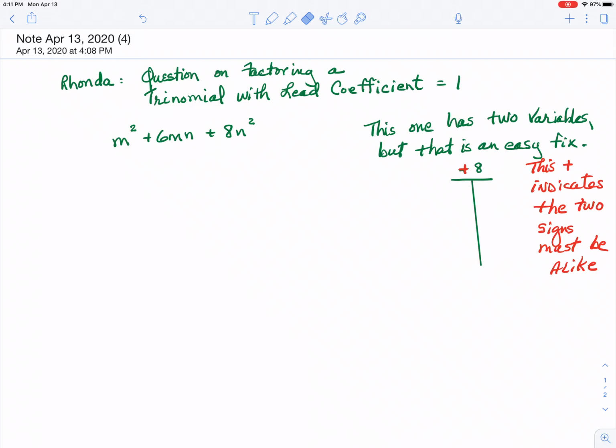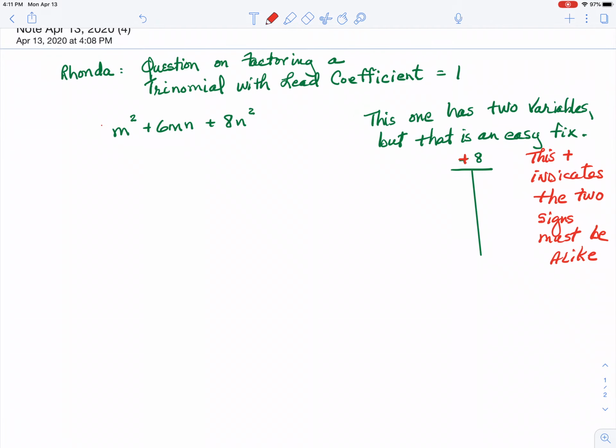I am answering a question from one of my students on factoring a trinomial. This trinomial has a lead coefficient of 1, which makes it one of the easier types to handle. When you get to the ones where the lead coefficient is not 1, it's a little bit more complicated, lengthy process. All right, so with this one, what you want to do is first of all look through and see